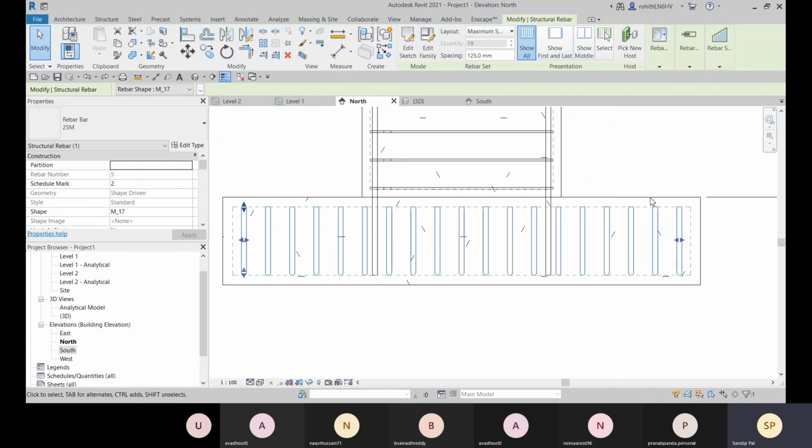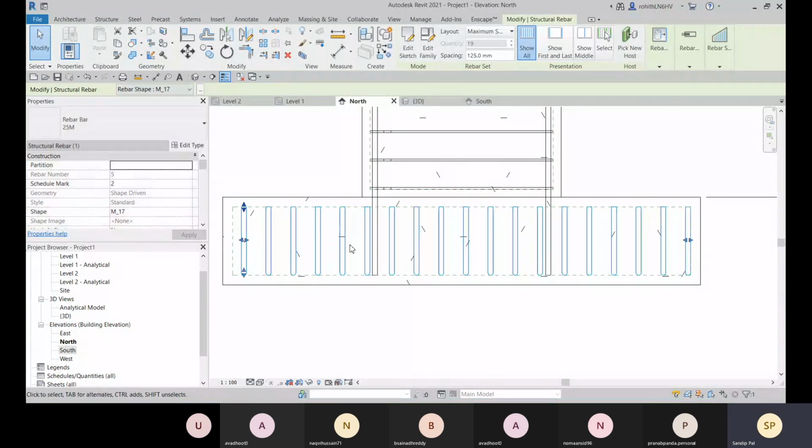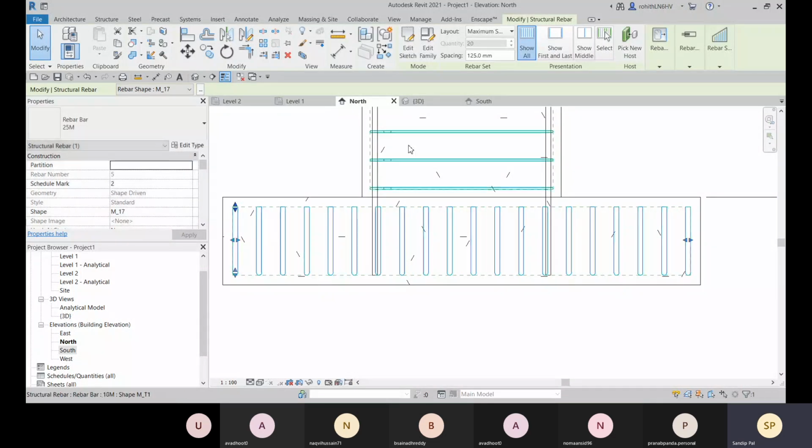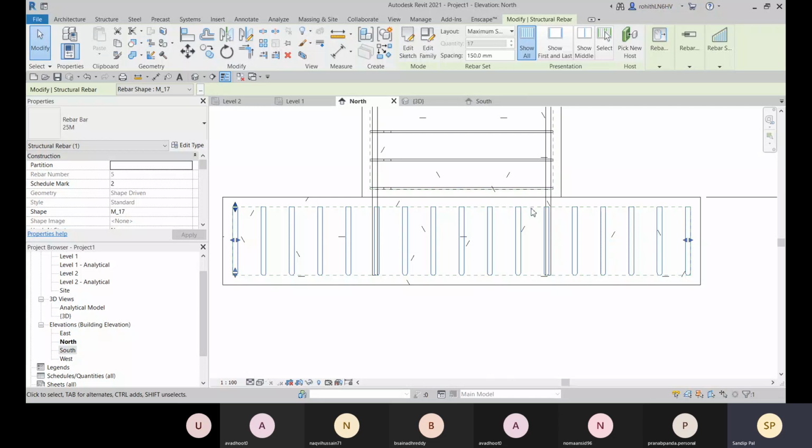If you want to make any adjustment there, you can make it. So it will snap till the end, and there you can specify 150 as a distance. Sorry, not 50. 150 will be the distance. Okay, so if you want to make it 100 mm, you can make it 100 mm.